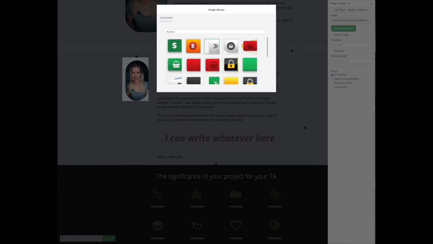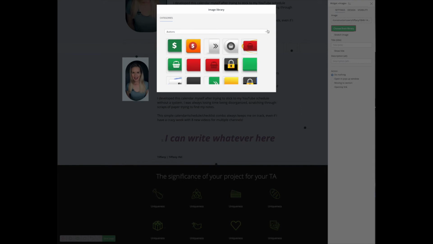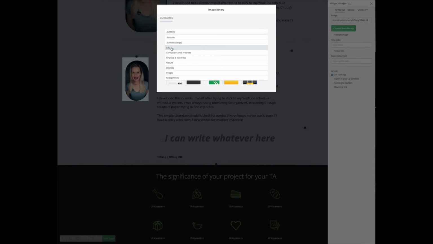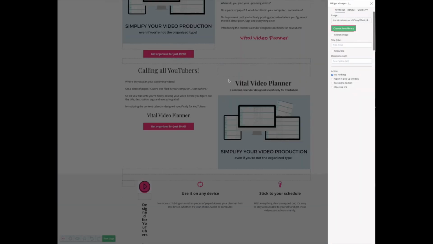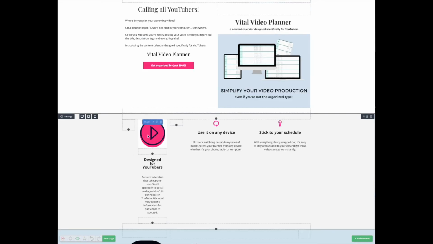So here we are, checking out their buttons. I would say go to Canva. Even the free version of canva.com has so many images that you can use. That's what I'm doing over here, and that's why this is a mess. These little things are not working for the story I'm trying to tell here. I'm in the middle of uploading some images from Canva to replace these ones because these aren't working for me.